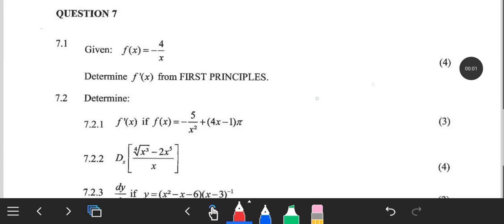This is question 7 from September 2025 Mpumalanga paper 1. So we're going to do 7.1. We are given f of x, which is equal to -4 over x, and we need to determine this